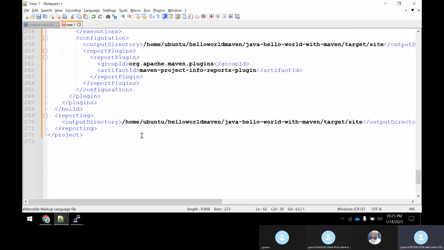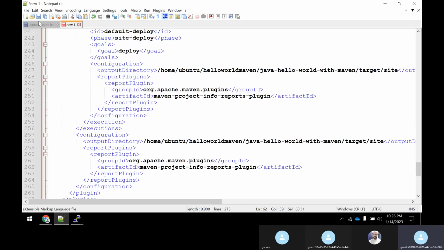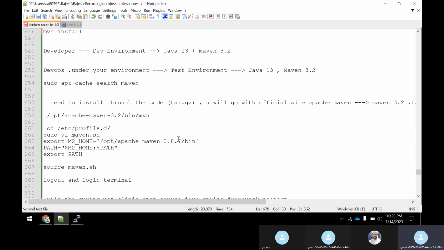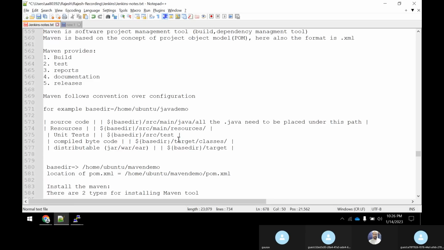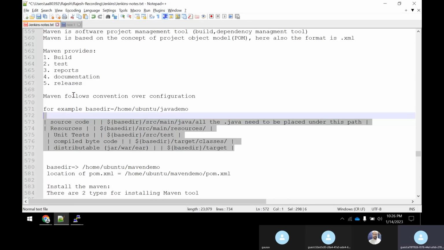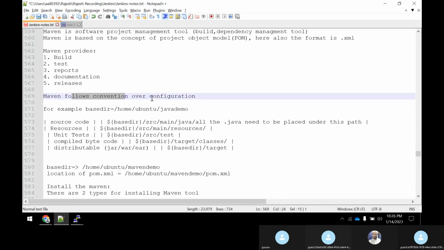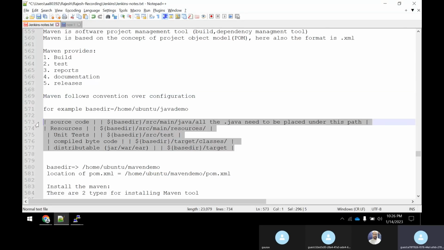Okay. So now, after this, guys, there is something like build profiles actually. What are these build profiles? Now the question comes, somebody might ask, Rajesh, you have been saying earlier that this is what Maven requires. So Maven always follows convention over configuration, correct? It always follows convention over configuration, correct, guys?